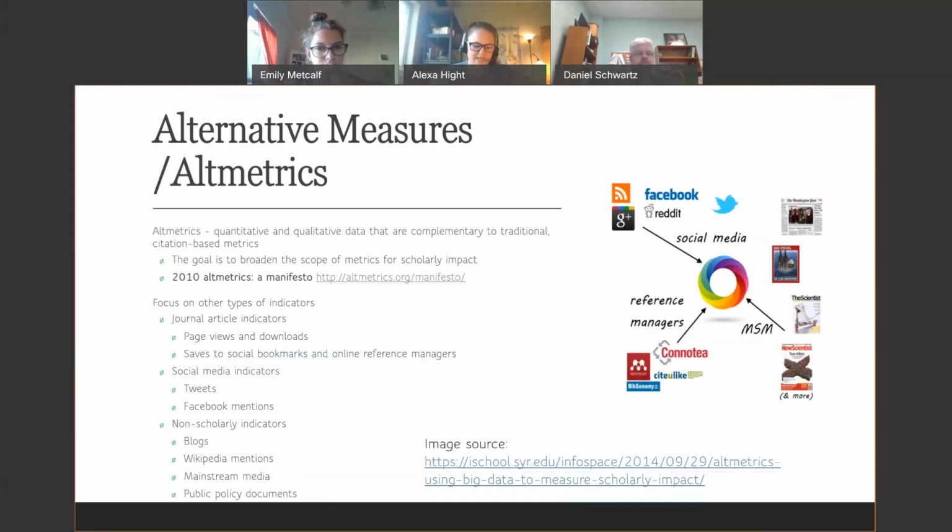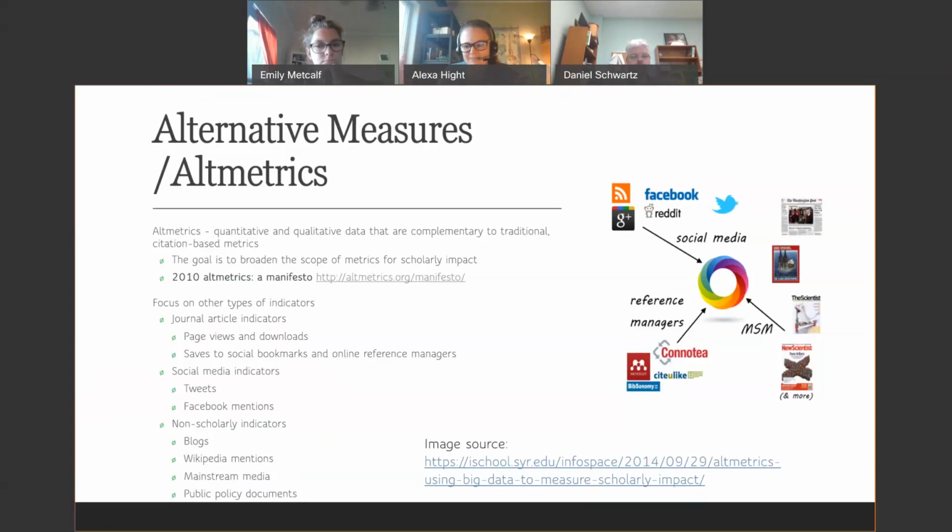So Altmetrics is the quantitative and qualitative data that are complementary to traditional citation-based metrics. The goal is to broaden the scope of metrics for scholarly impact. So looking at more than just citations in terms of how we measure research. They want to focus on other types of indicators, so not just citations, but in terms of journal articles, look at page views and downloads, saves to social bookmarks and online reference managers like RefWorks or Zotero,